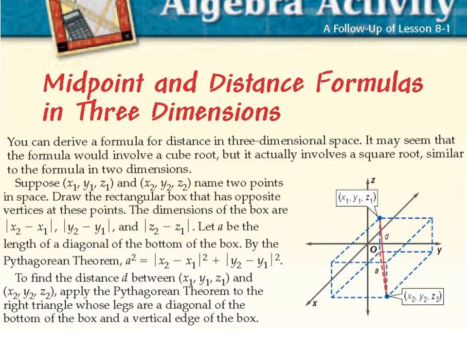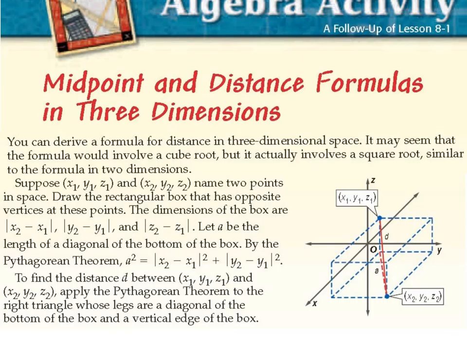Draw a rectangular box that has opposite vertices at these points. The dimensions of the box are the absolute value of x sub 2 minus x sub 1, the absolute value of y sub 2 minus y sub 1, and the absolute value of z sub 2 minus z sub 1, as remember, distance is always positive. Let A be the length of a diagonal of the bottom of the box. By the Pythagorean theorem,